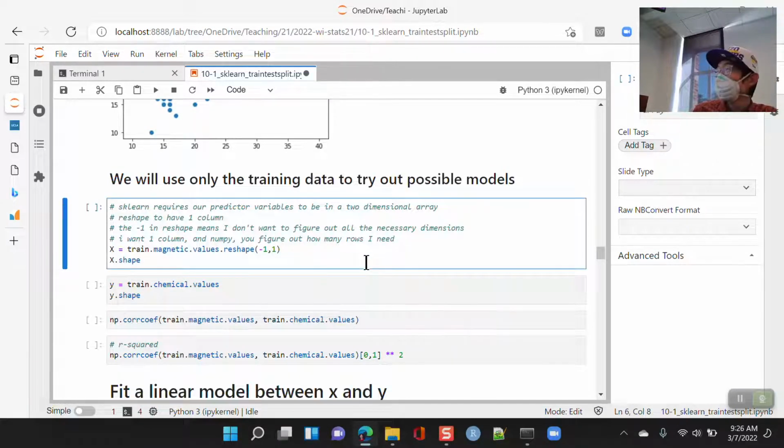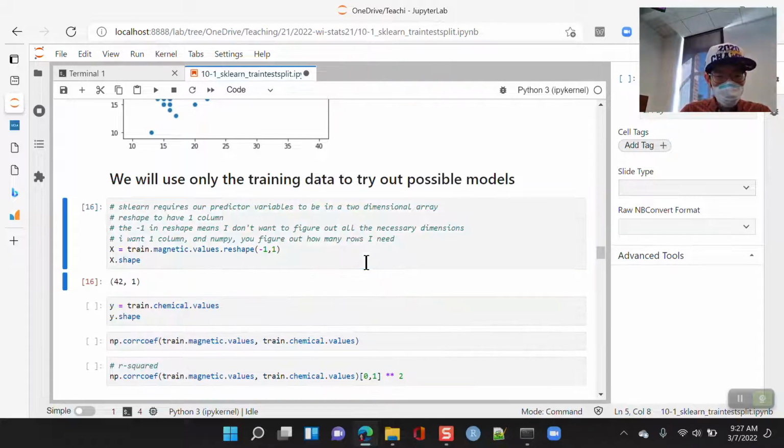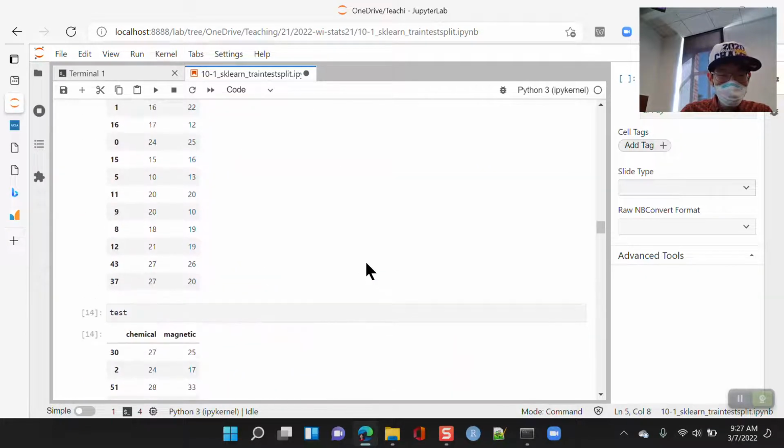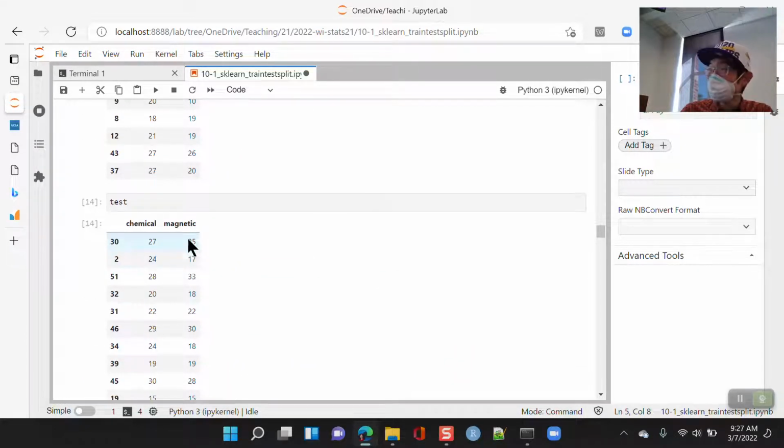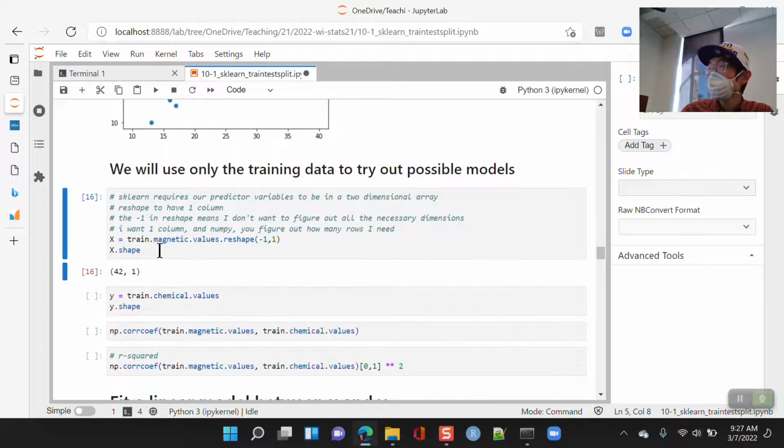And so the way we fit a model using Sklearn is similar to the NumPy notation that we saw in stats models. I think stats models was based off of this same kind of idea here. So what we have to do is we'll take X, the X column, which will be our magnetic column, all right? And so that's our magnetic values,